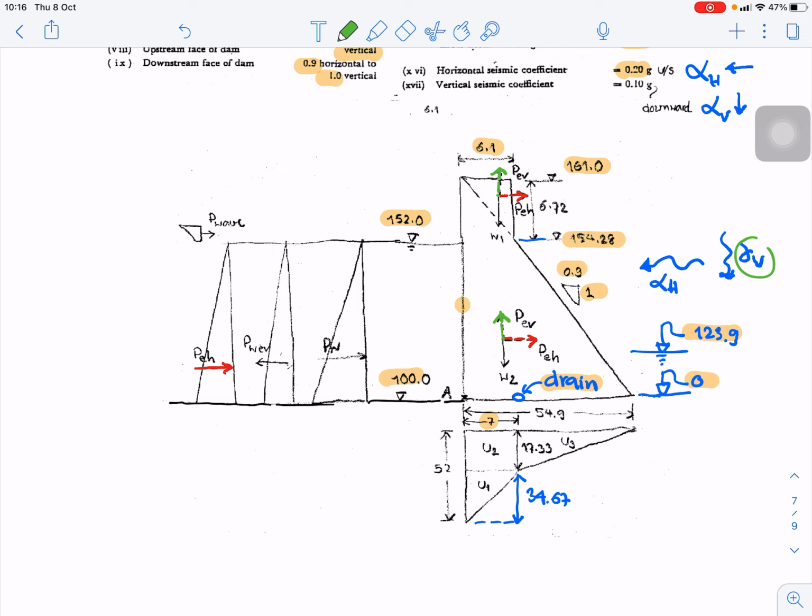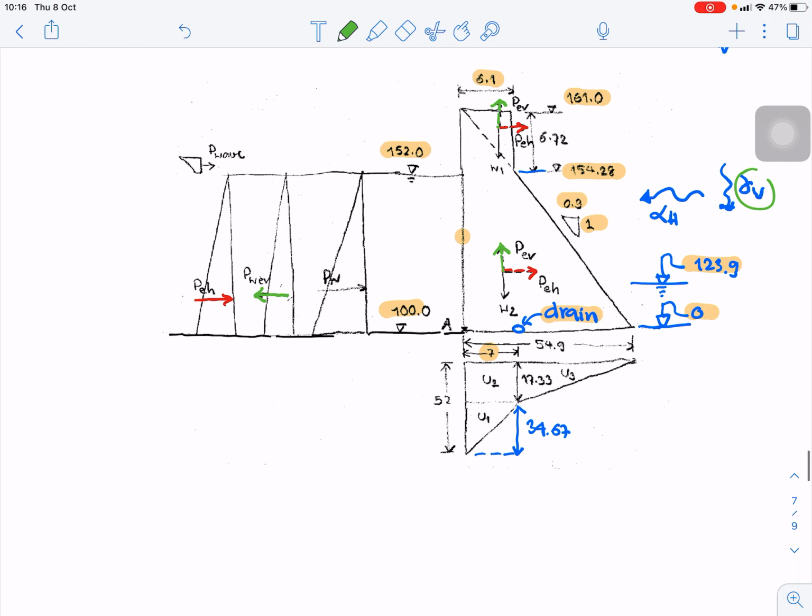And because it's downward, we expect that PWEV is in this direction. Okay, after we draw the free body diagram of the forces, and especially finish the inertial forces, we can